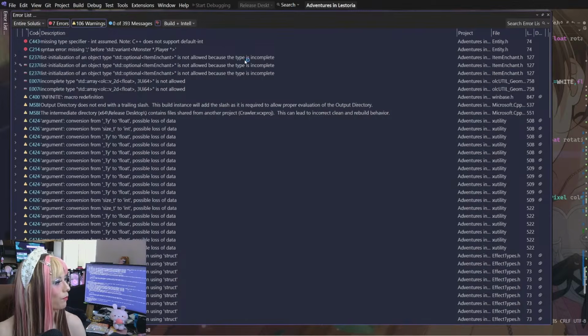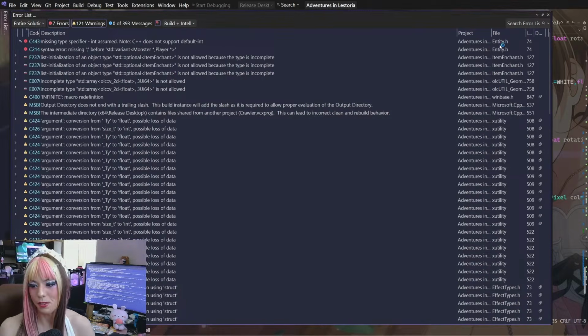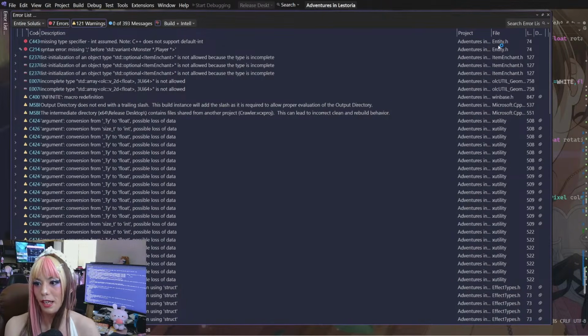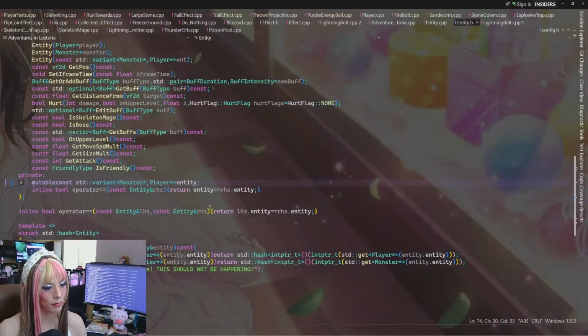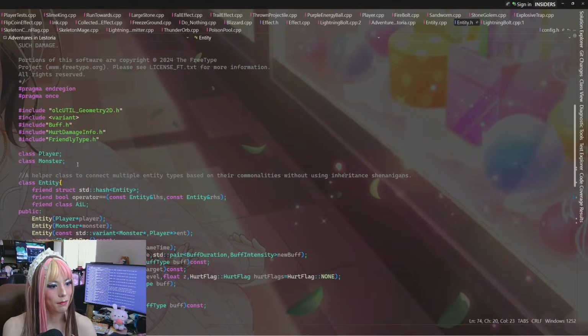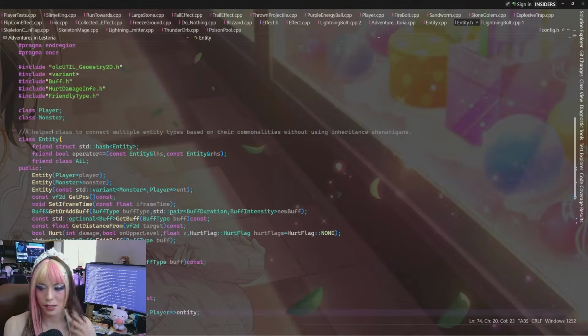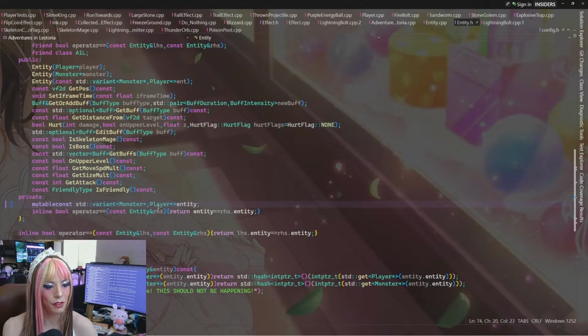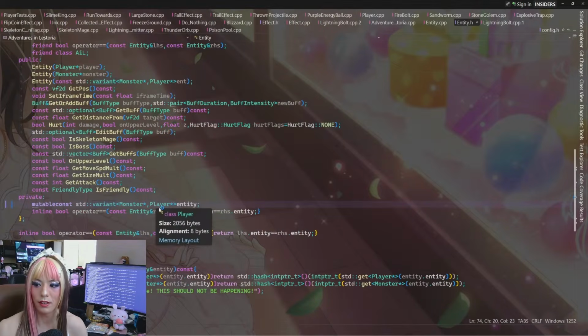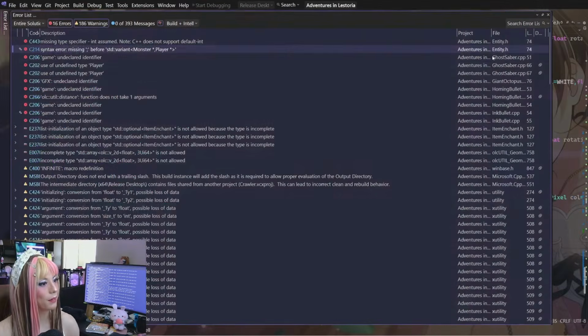Okay. I am worried about this one. This one keeps popping up, and it's not clear why. Because a variant is included, and these two are forward declared. As long as they're forward declared, at least for a variant, this should be okay. So I'm a little worried about that one.